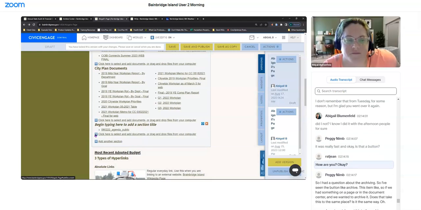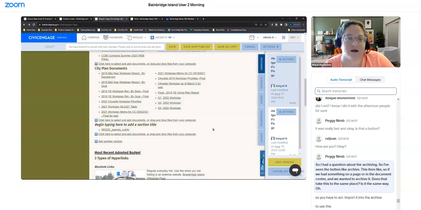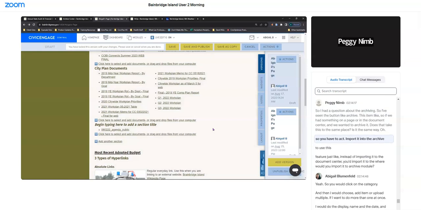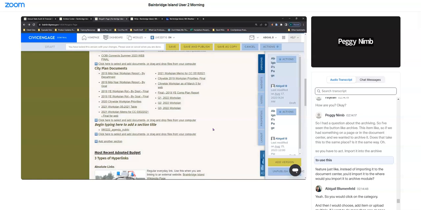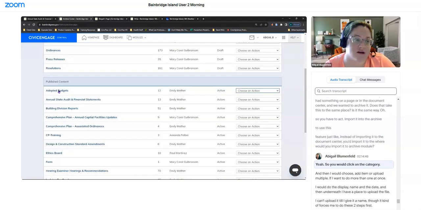So I had a question about the archiving. I've seen the button like archive this item, so if we had something on a page or in the document center and we wanted to archive it, does that take it to the same place? No, which is why I don't like that they're named the same way. So you have to import it into the archive to use this feature, just like instead of importing it to the document center, you'd import it to the archive module. So you would click on the category,